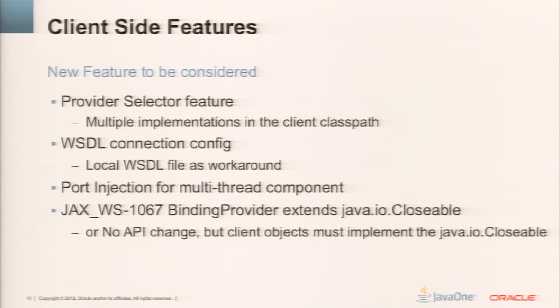And the last thing from the client side is the binding provider being closable. For multiple technologies, or just for JAX-WS by itself, it's useful to make sure the binding provider implements Closable so that you are able to free the resources. This is especially useful when some of the WS-* technologies are used underneath, like reliable messaging or, I don't know, some other stuff which uses more resources than the regular JAX-WS web service. So there are two ways how to potentially